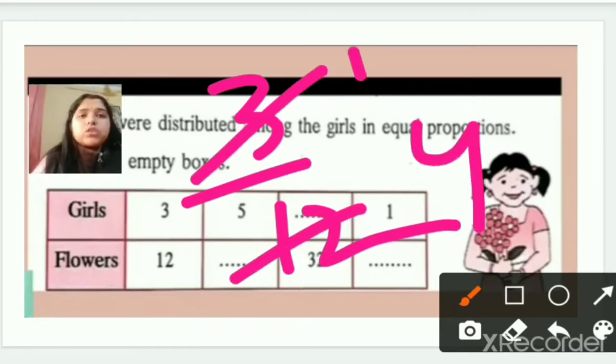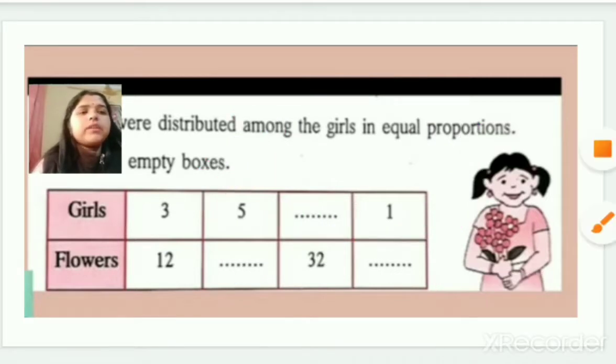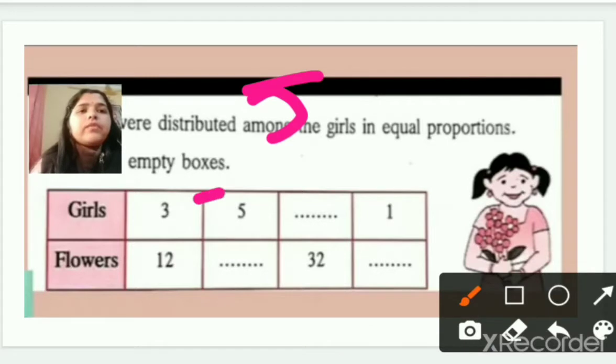See, let me tell you the basic thing. When you are dividing numerator and denominator, it should come in one table only. It should not be that 3 comes in the table of 3 and 12 comes in a different table. No, both numerator and denominator should come in the one table. So we have 3 1 is 3 and 3 4 is 12. So our ratio is 1 ratio 4. 1 ratio 4.